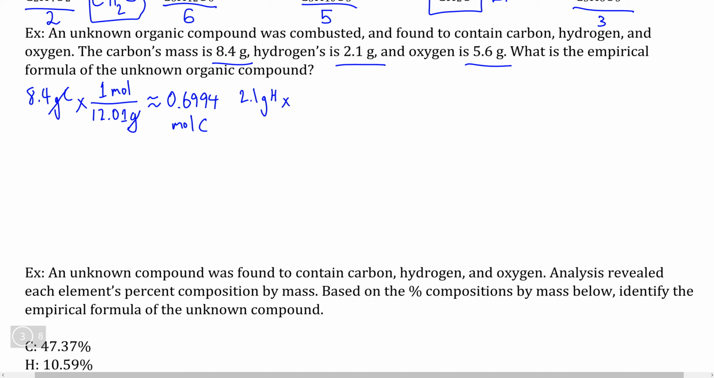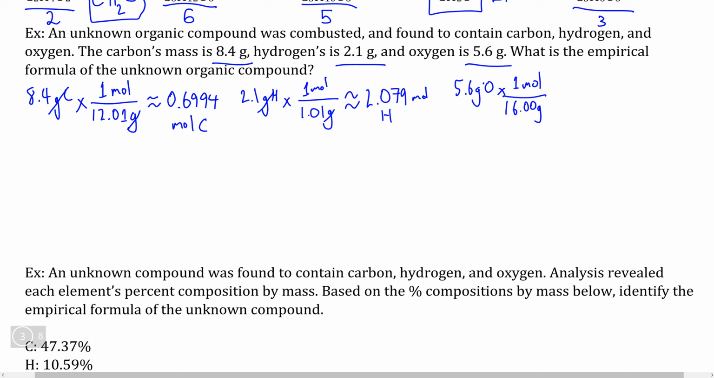And again, we want to cancel grams and convert to moles, so we're going to multiply by 1 mole over the molar mass of hydrogen, 1.01 grams. So if you put this into your calculator, this number comes to approximately 2.079 moles of hydrogen. Finally, if we do this with oxygen, 5.6 grams of oxygen times 1 mole over the molar mass of oxygen, which is 16.00 grams. Put this into your calculator, and this, fortunately, comes out to exactly